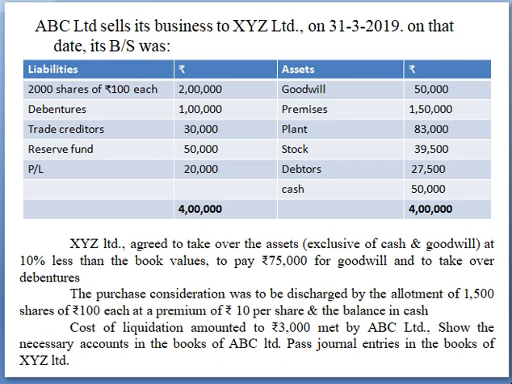See, XYZ Limited agreed to take over the assets at less than book values, which means book values will be the value that is given in your balance sheet. Now, the purchasing company agrees to take over at the value 10% less and exclusive means here excluding cash and goodwill, and to pay rupees 75,000 for goodwill. Now what is the amount of goodwill given? The question is 50,000, but the purchasing company is ready to pay now 75,000.